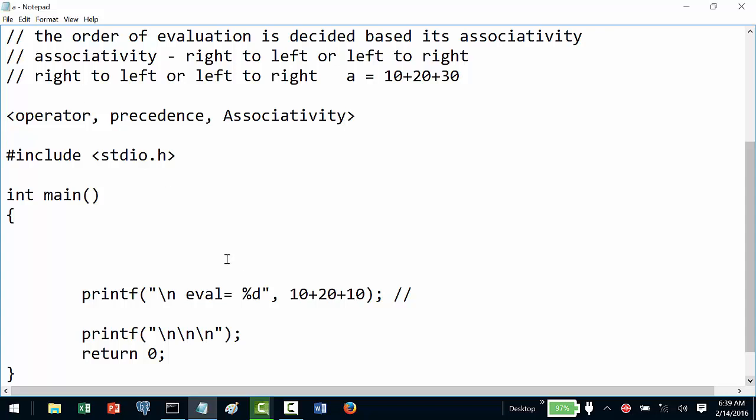First, let us look at what is the operator that we have in this expression. We have plus. And what is the precedence of plus over plus? They have equal priority. Okay. And then, what is the associativity? Left to right. So, which means my expression will now be evaluated as 10 plus 20, which is 30, plus 10, 40. Okay. So, this is what I mean by